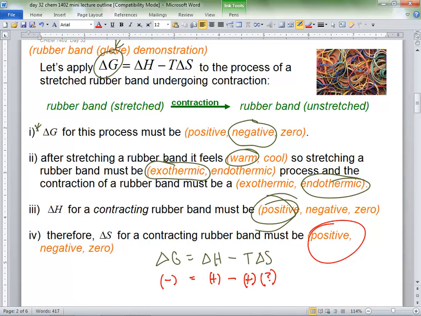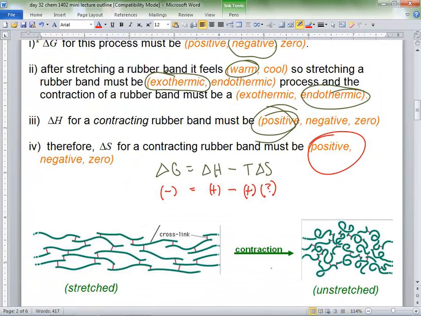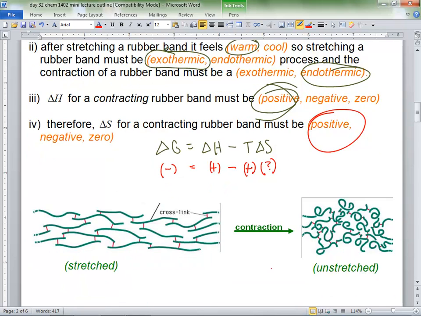So the entropy is actually increasing when you let go of that rubber band. So at the molecular level, at the polymer level, you stretch it. This is what it looks like. There's this cross-linking that goes on in polymers. They're really long molecules. They're huge. You stretch it, let it go, and then look how these little cross-linkings, this interaction's all over the place. Before it was looking kind of nice. It almost looks like a ladder.